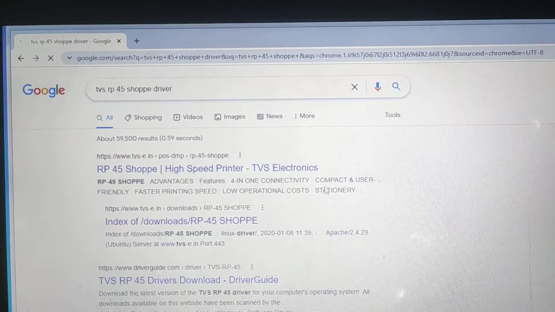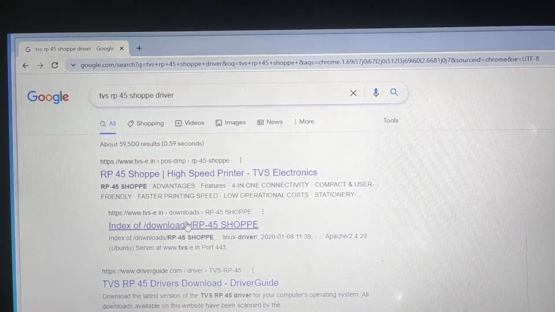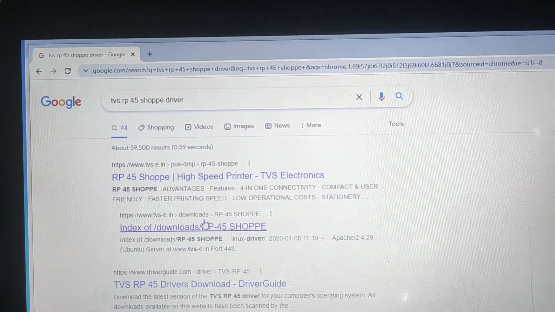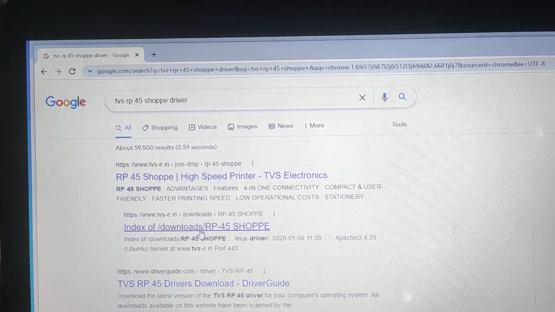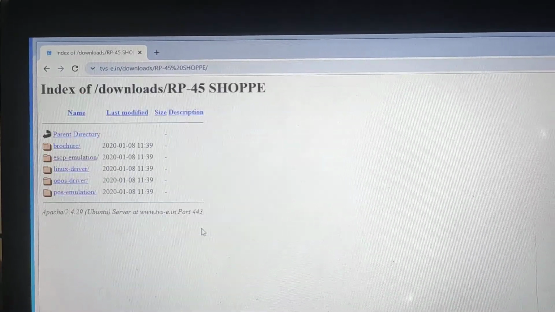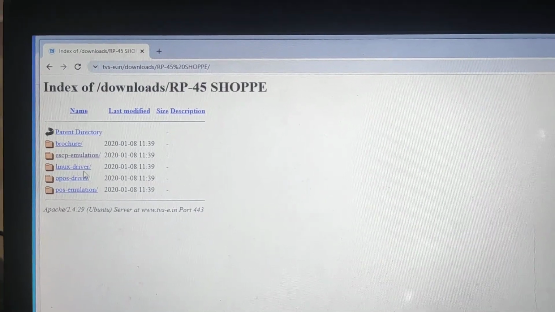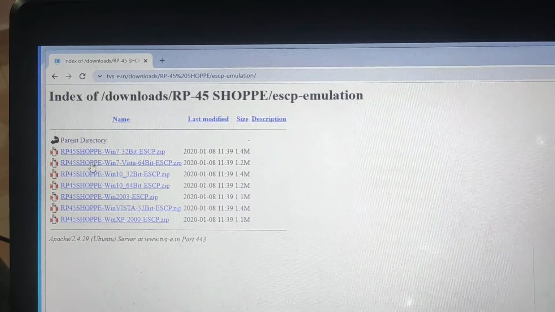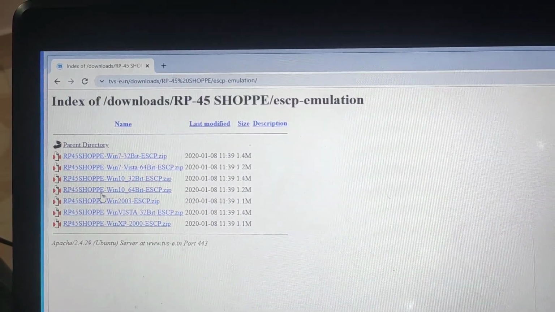Now we can see on the second link itself, index of download RP45 Sharpie. Just click this link. We can see the drivers. Just click on it. Here we need to select Windows 10 64.